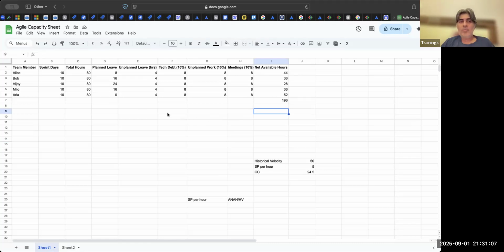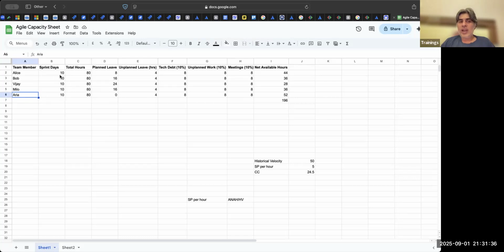In case you don't remember, let us say this is a team which has 1 QA and 4 developers: 2 UI and 2 backend developers, and 1 QA. Very small team of 5. And remember, SM and PO's availability will not be taken into account. Everybody else's availability you are going to calculate.